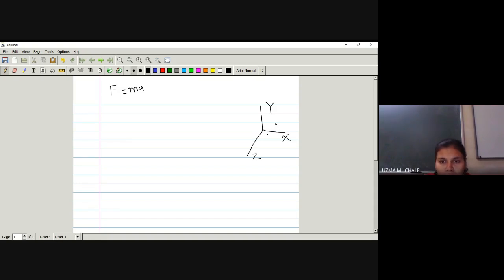What do we mean by generalized coordinates? They describe the position of a particle, or rather, the least possible number of linearly independent coordinates which describe the position of the particle. And degrees of freedom is nothing but the number of generalized coordinates, right? Whatever the number of generalized coordinates we get, that is nothing but the degrees of freedom.